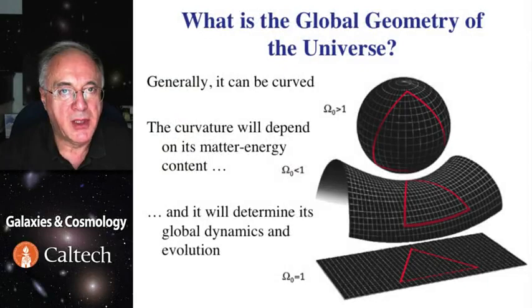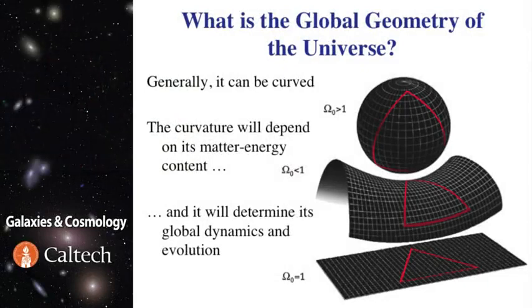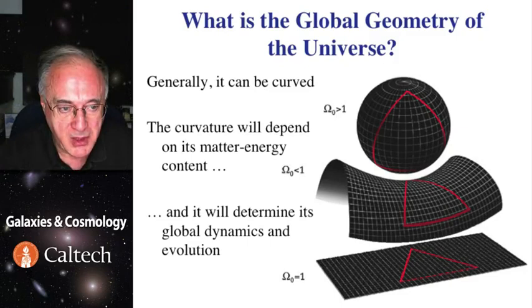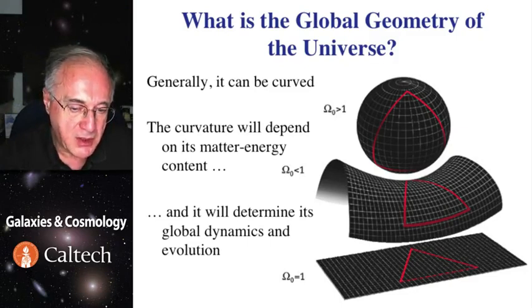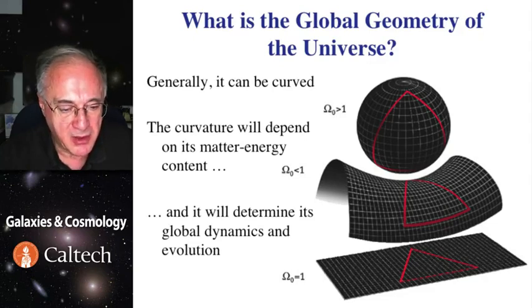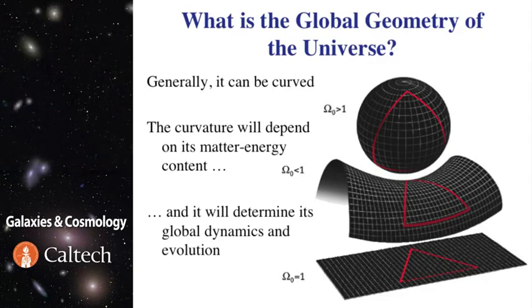So let's talk a little bit about the geometry of space-time. In general, space can be curved. It's hard to draw four-dimensional space-time, so we use these two-dimensional analogies embedded in three-dimensional space. Positive curvature is like the curvature of a sphere, and that corresponds to the so-called closed universe. The curvature will depend on the amount of mass and energy that's present. If it's exactly the right critical amount, it'll be a flat geometry, the familiar space. If it's less than that, it'll be hyperbolic geometry, which is also open, extending to infinity.